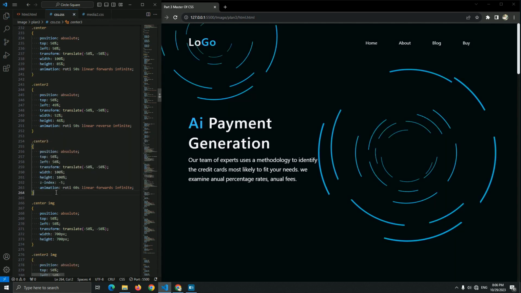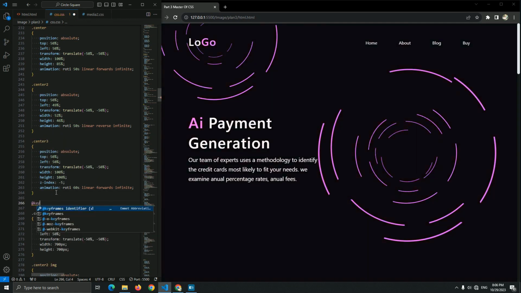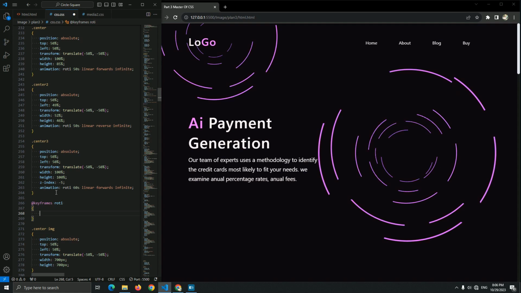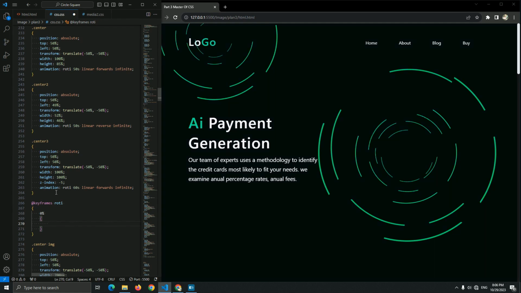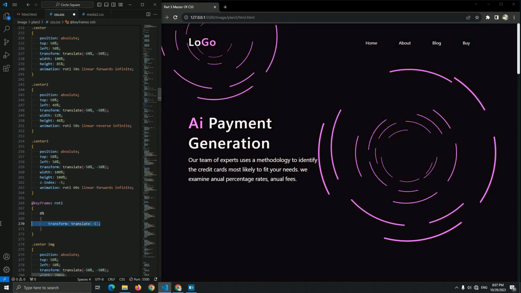Okay, and now let's go create the keyframes for this animation. Let me just add it here. As usual, we add transform translate minus 50% minus 50% to be centered. Let me just copy this, paste it.